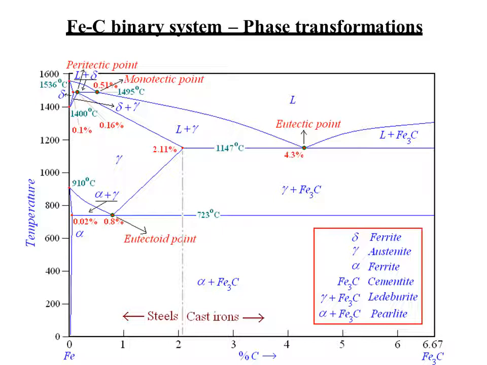or the melting conditions. So we are increasing the temperature from 0 to 1600 degrees. At 1536 it is called the peritectic point. The peritectic point is the mixture of three phases. Okay, and the monotectic point is the complete miscibility liquid. So here you will have the eutectic point when two compositions are there. Okay. So all these comprise the iron carbon diagram.